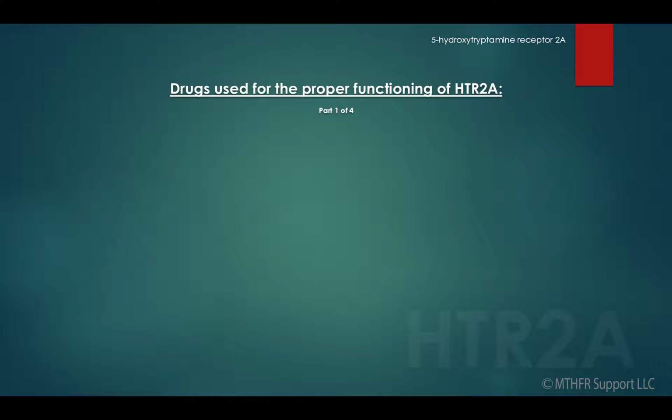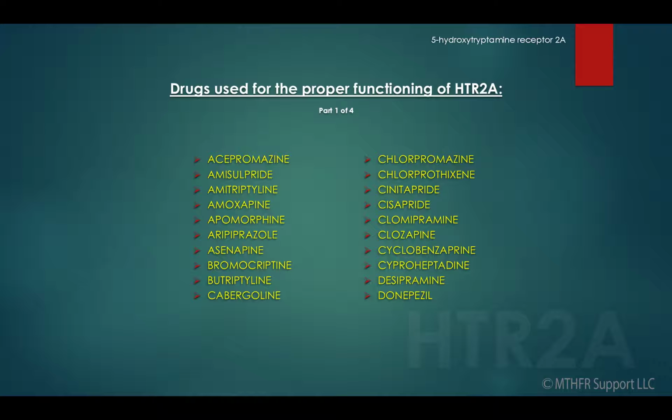Drugs used for the proper functioning of HTR2A are acepromazine, amisulpride, amitriptyline, amoxapine, apomorphine, aripiprazole, asenapine, bromocriptine, butriptyline, cabergoline, chlorprothixene, citalopram, cisapride, clomipramine, clozapine, cyclobenzaprine, cyproheptadine,